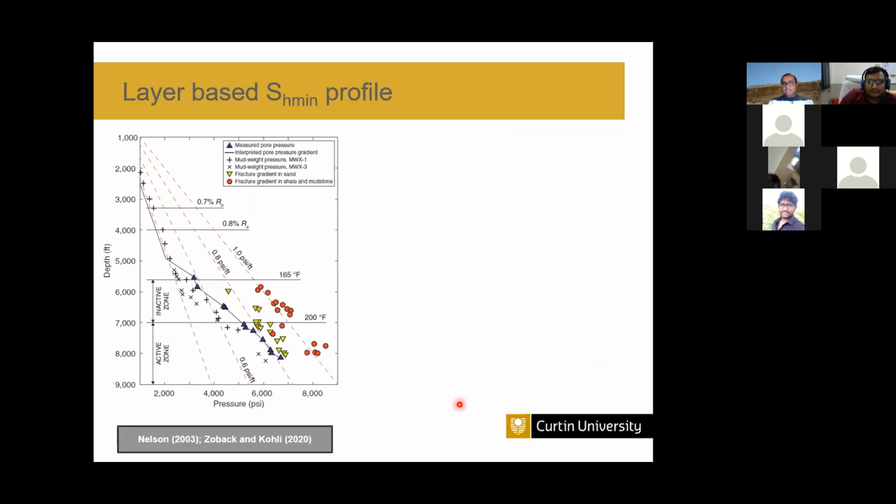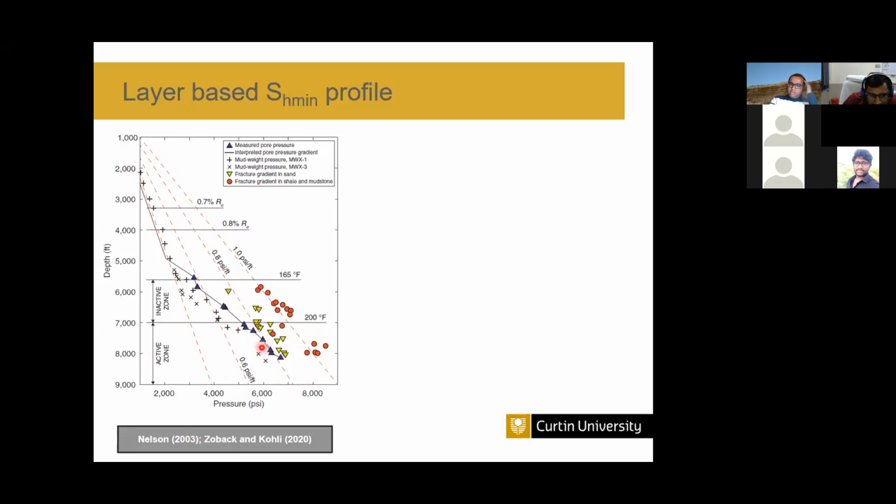And also why that is important, we are able to see not only from our study, but beforehand there is already existing published material available. This is an example showing why this stress behavior can vary from layer to layer rather than being a constant line. You can see several red dotted lines, which are a constant stress profile. These are from one of the wells in the Colorado area, and Nelson published this data set in 2003.